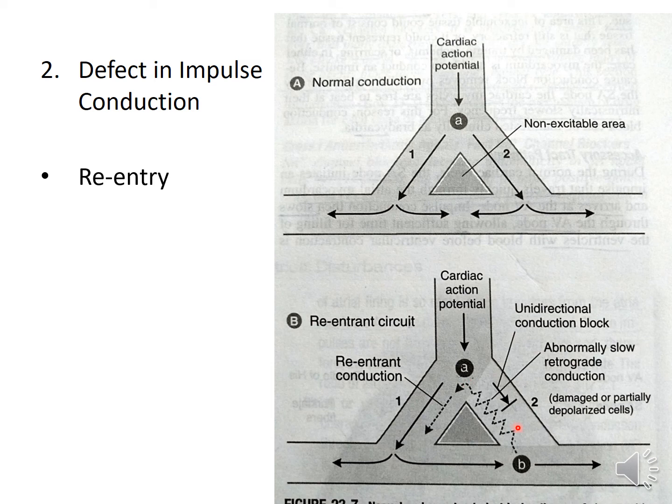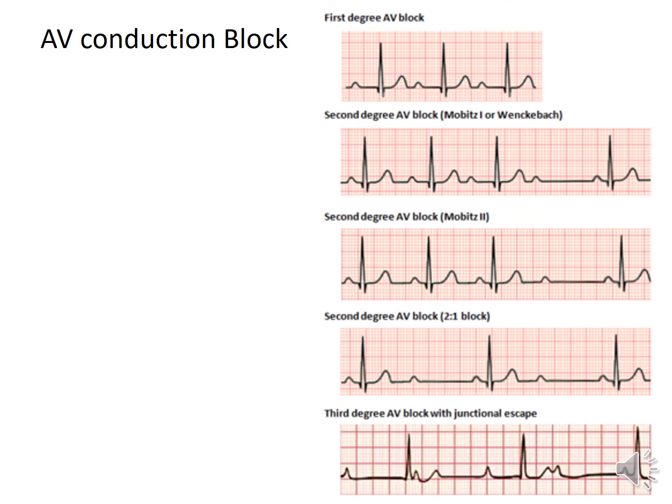Okay, so like this, it is re-entering through this circuit, entering through point A. It will re-enter, then it will reach here, here, here, here. When it reaches here, this tissue is now in resting phase, so it will again re-enter through this. So there is a self-sustaining electrical circuit which is stimulating this area of myocardium rapidly and repeatedly, and this is known as re-entrant.